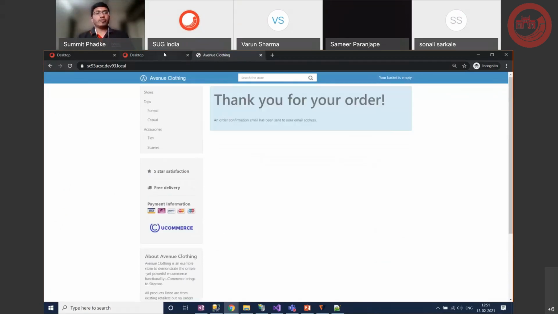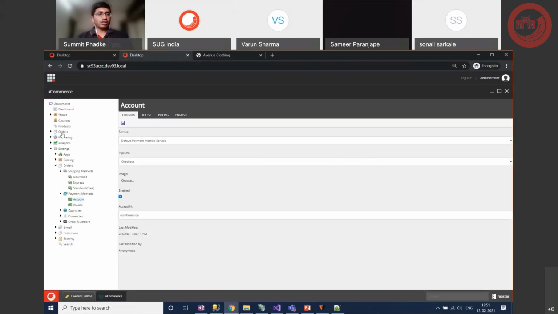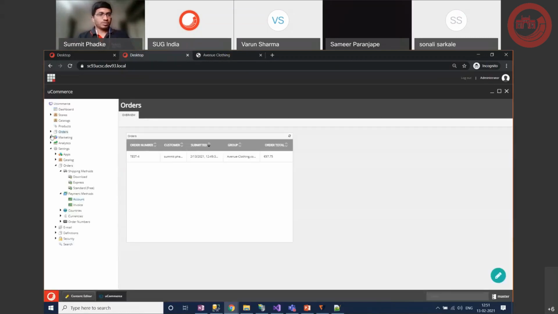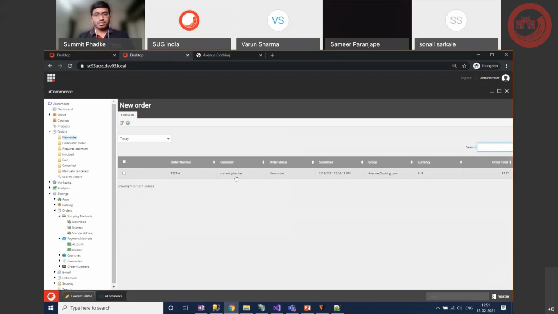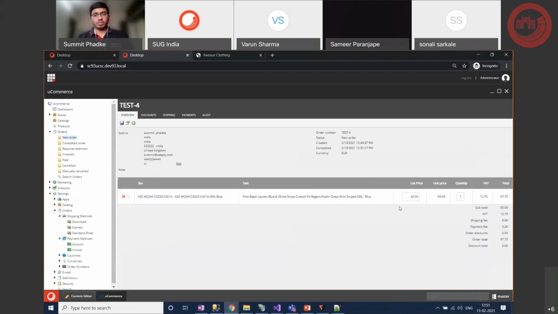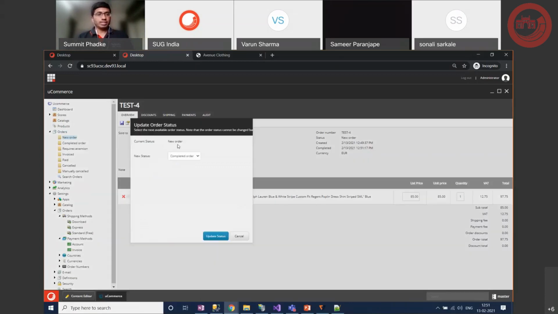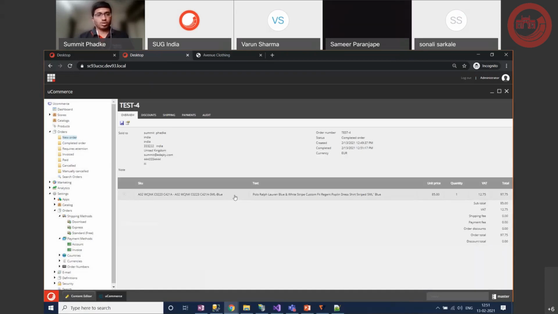Okay, so now if I go back in here and go to my orders dashboard, first if I go to new orders, you should see that this new order got created today at 12:51 p.m. You can look at the details about what was purchased. If you want, there are these small icons where you can manually change the status, like the order is completed, or you can write logic, or run some job which will change your order status to completed, or whatever the different things are.